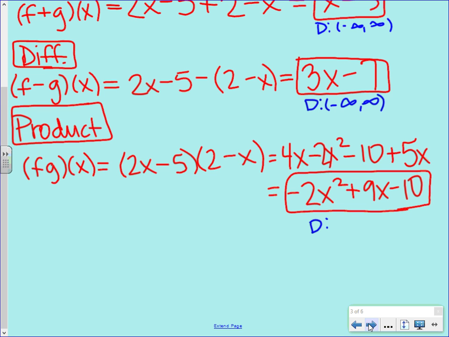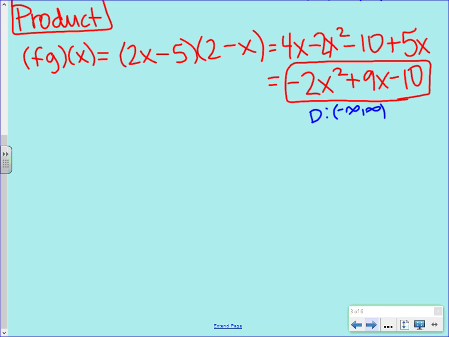Eleanor, what is the domain? All real numbers. Okay? Anytime we have a polynomial function, and we'll work with polynomials more in chapter 2, their domains are all real numbers. Linear, quadratic, cubic, domain is all real numbers, all the time. Okay? Last but not least,